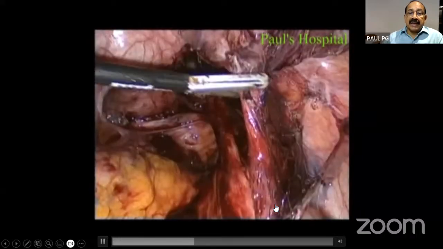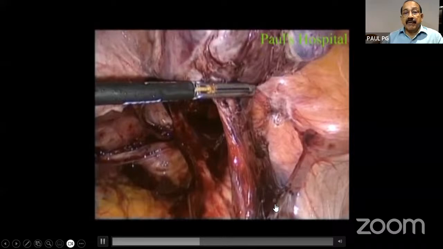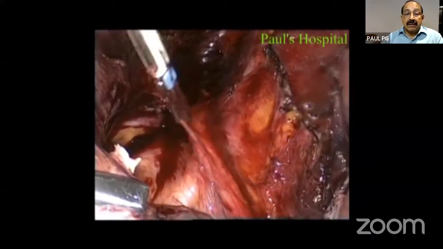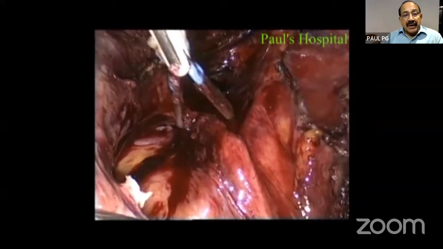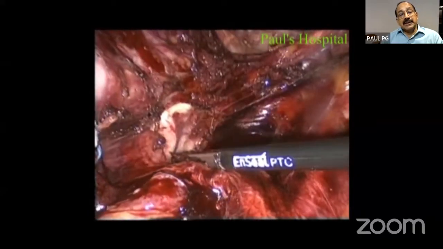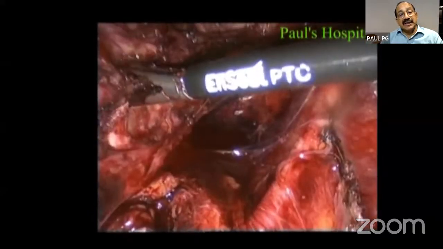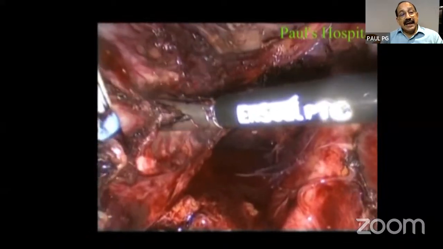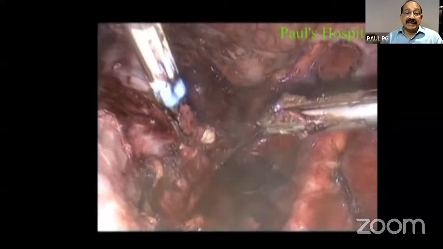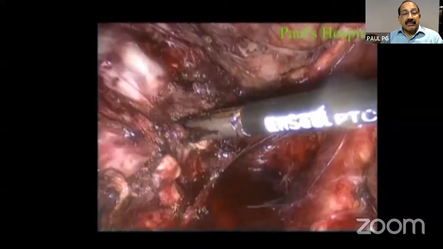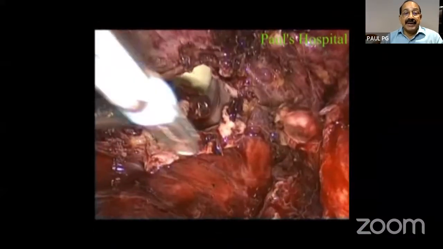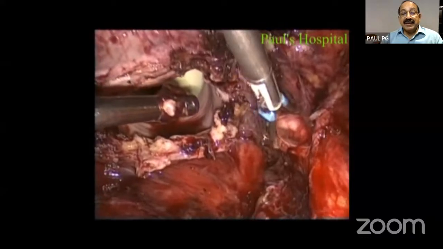Before actually coagulating and dividing the infundibulopelvic ligament, we really isolated the ureter. Now you can see when I am going to the uterines, and the old principle of remaining very close to the uterus on the ascending branch, I am trying to coagulate and divide with a vessel sealer. Although I had completely isolated the ureter at the infundibulopelvic ligament, I did not do that when I did the